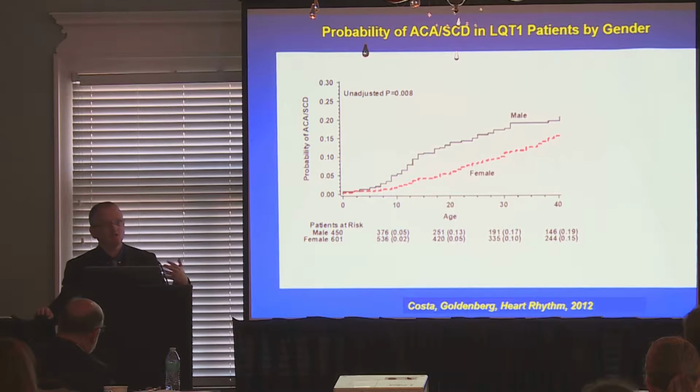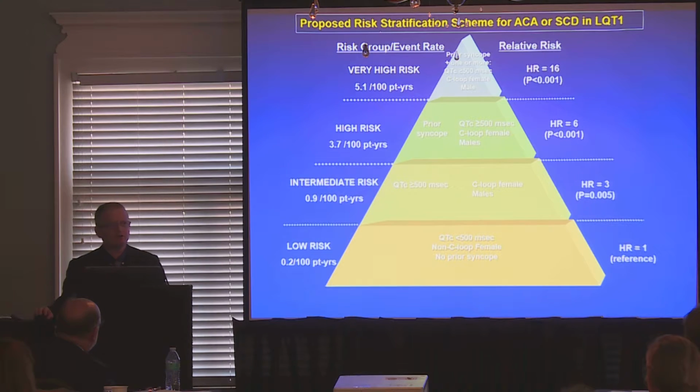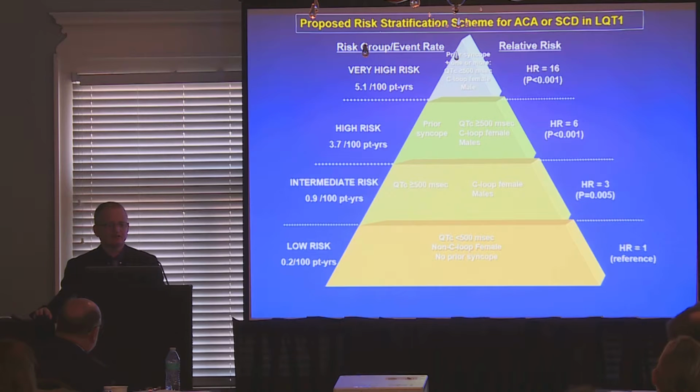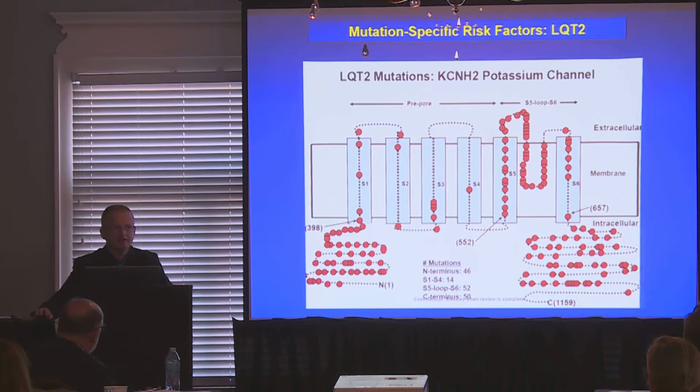And that's the reason, in LQT1, we still don't know why LQT1 males have a higher risk, but that's the way we'll be able to further re-stratify patients by genotype and mutation location, because now we know that patients who had prior syncope, they have prolonged QT, they have C loops, or they are males, have a higher risk compared to those who don't have prolonged QTc, they have no C loops, and they are women in LQT1 without a history of syncope. On the other hand, in LQT2, there's a higher risk for potassium leaking out of the channel, slowly leaking,